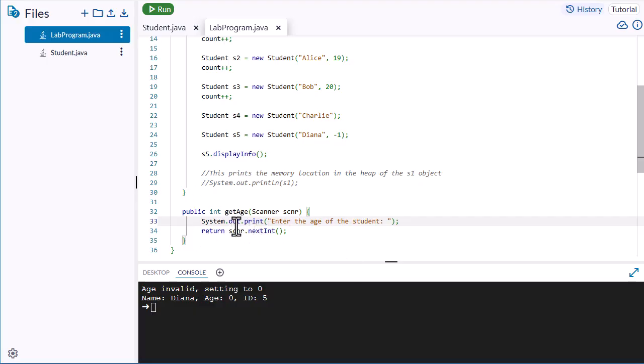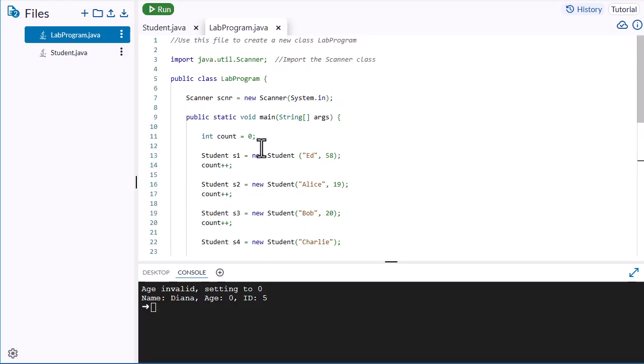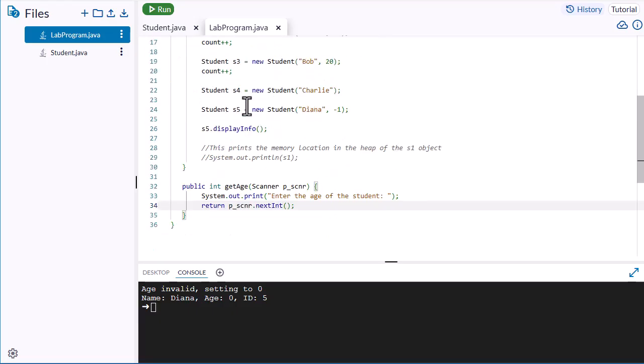scnr.nextInt. So we're going to return our scanner.nextInt, and just to separate the two, I'm going to give it my p underscore syntax, just so we don't confuse this scanner with this scanner here on line 7. So if I run this code, no errors, which is good. So let's call our